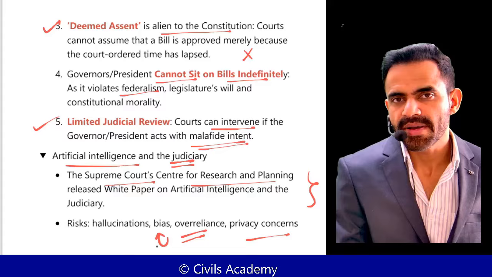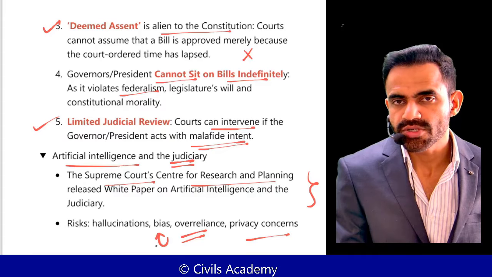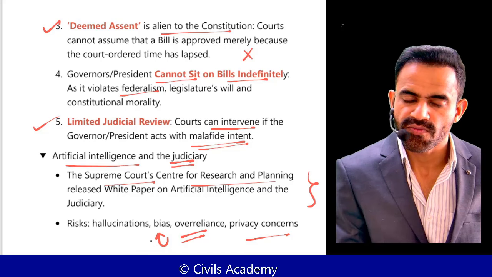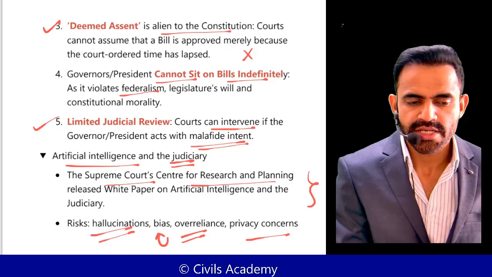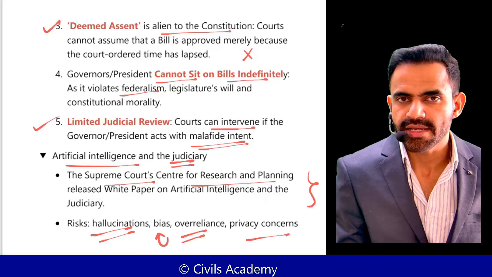Why is there bias? Because ultimately, who is going to train them? Human beings. So our bias will be reflected in the judgments of AI as well. And then there is hallucination. In a very simple sense, it can create fake scenarios